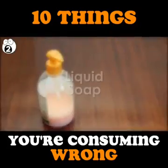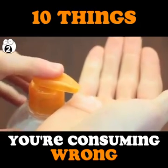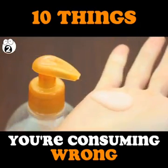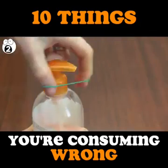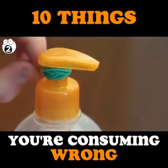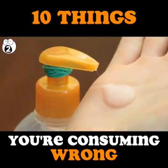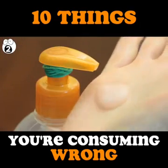Number 2. Liquid soap. If you have to keep buying liquid soap frequently, you may feel like you're washing a lot of money down the drain. Fortunately, there's an easy way to save money and still get your hands clean. Wrap a rubber band around the neck of the pump. This lets it go down part way, but not all the way,